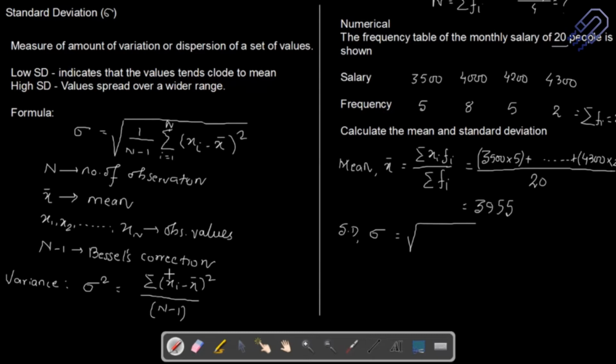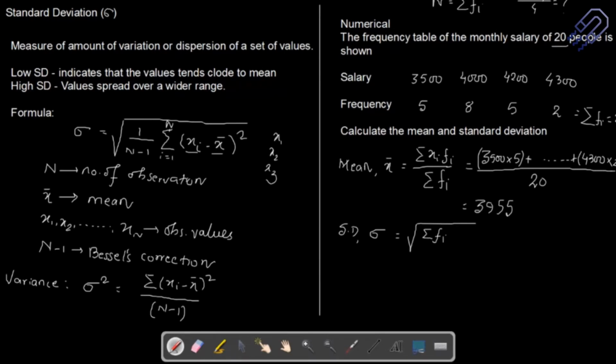you have it here as xi minus x bar whole square, and you are just considering there is xi one value, x1 one value, x2 one value. You are just considering it as x1, x2, x3, and there are only one values of each. Okay, but here we have got 5 values of this, 8 values of this, and so on. So what we are going to do is we are going to slightly modify the formula here. Okay, it is going to take up as